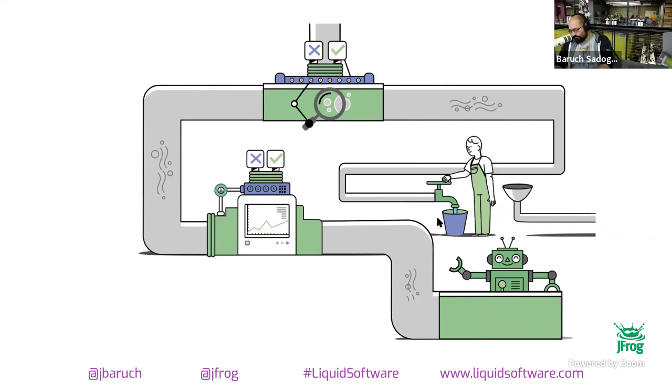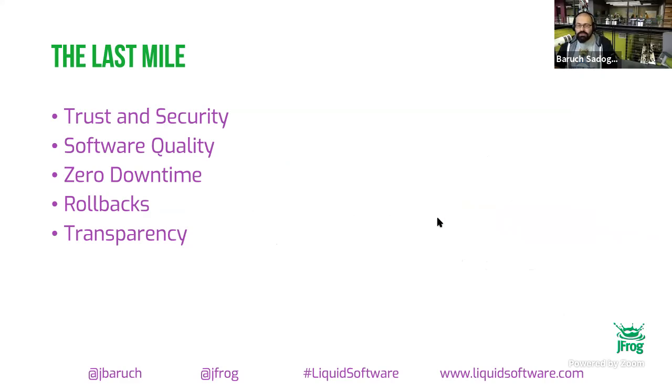So we're approaching our time. Just to summarize what it will take to take us through this last mile from what we are today to actually continuous updates. As I mentioned, trust and security are extremely important. And trust and security are built by producing stellar software quality. Stellar software quality can only be achieved if we automate as much as possible and delegate the QA tasks to